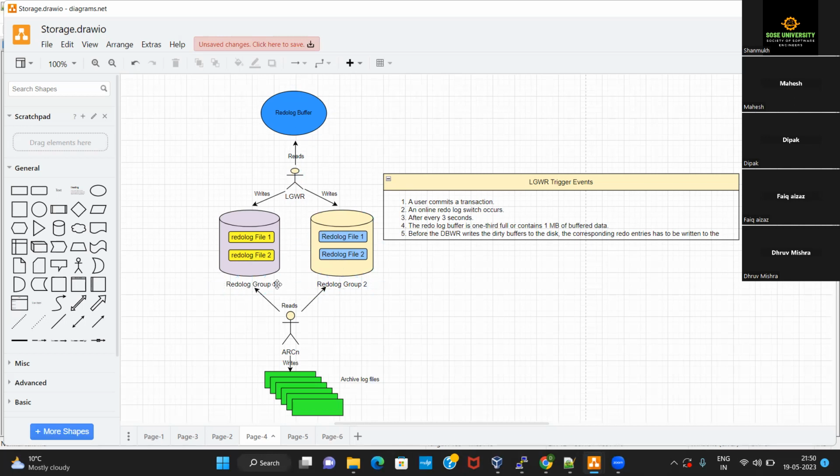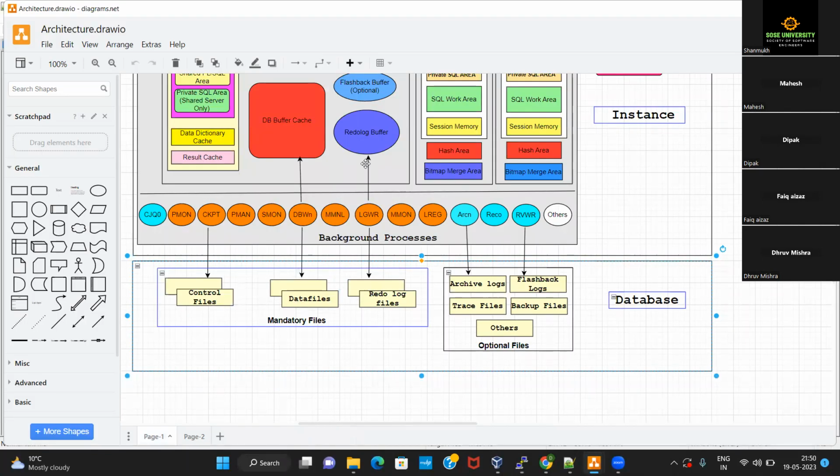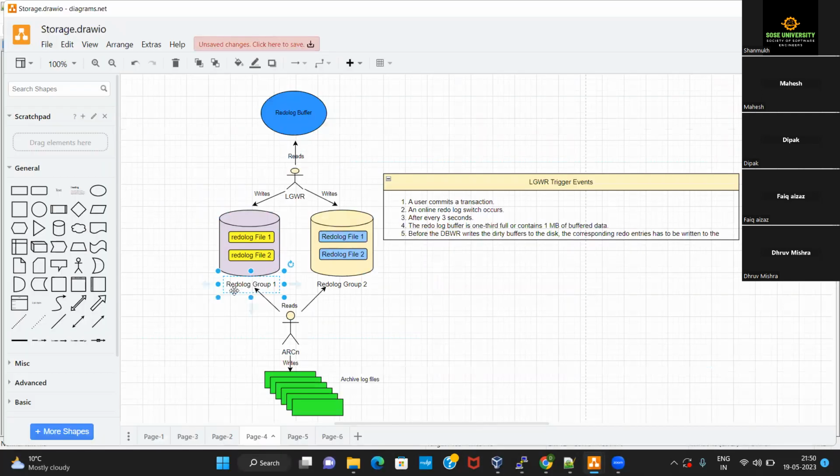What are those redo log groups? These redo log groups internally have the redo log files, which the LGWR writes to. These redo log files are present inside redo log groups. At any given point in time, your Oracle database requires at least two redo log groups.